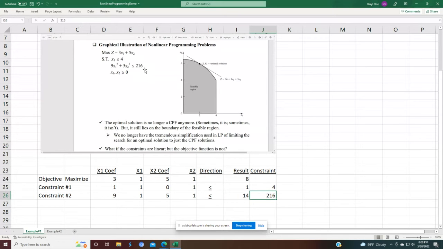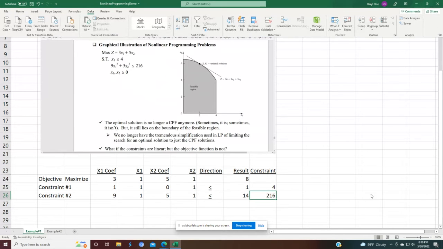Now, let's run the solver command to determine what the optimal values for x1 and x2 are, and what is the optimal value we can get from this nonlinear programming. We'll see that in our objective. So data, solver,